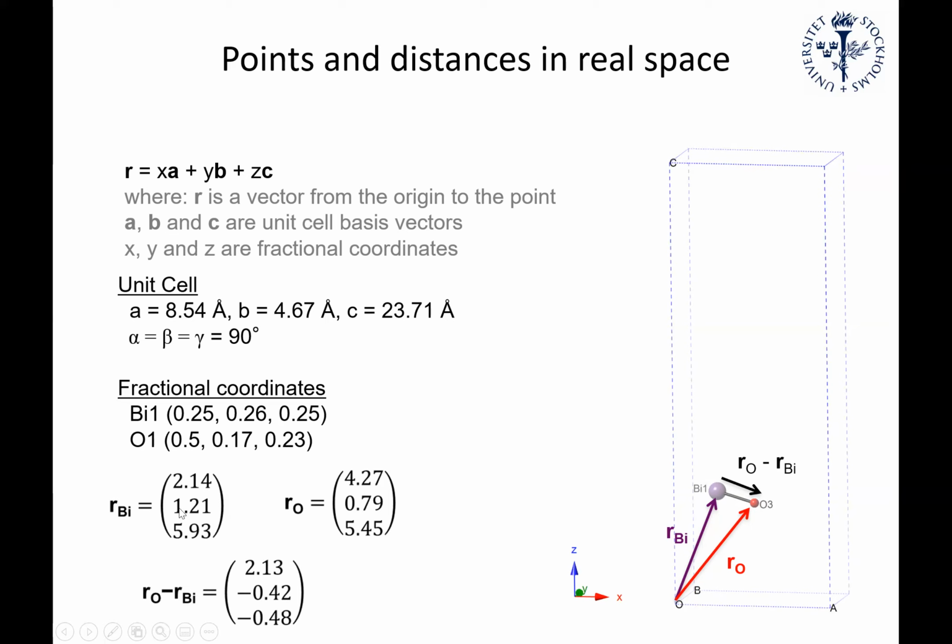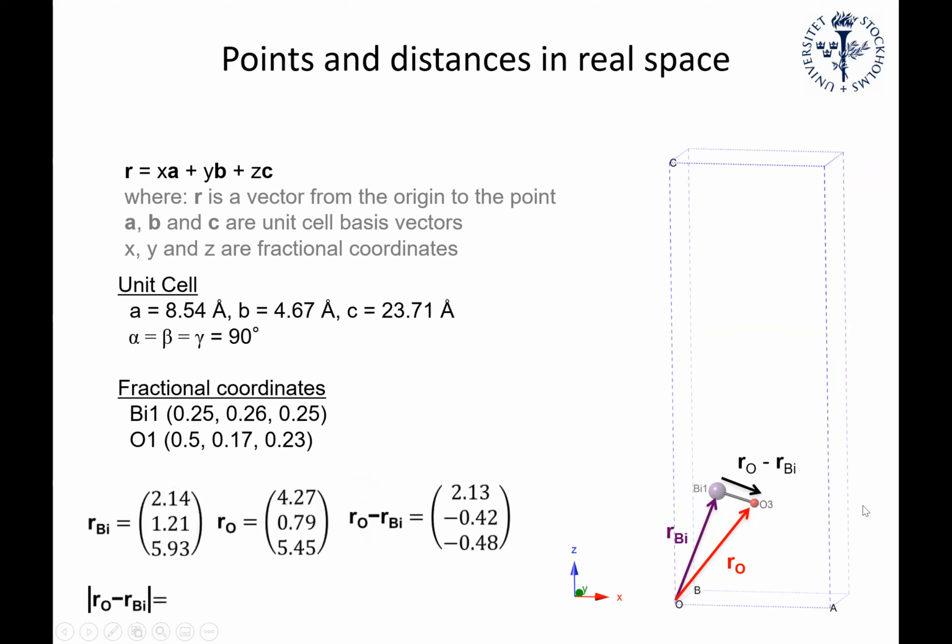0.79 minus 1.21 gives you minus 0.42. And 5.45 minus 5.93 gives you minus 0.48. So this is the vector going from bismuth to oxygen. And once you have that vector, you can work out the length of that vector just by doing some Pythagorean